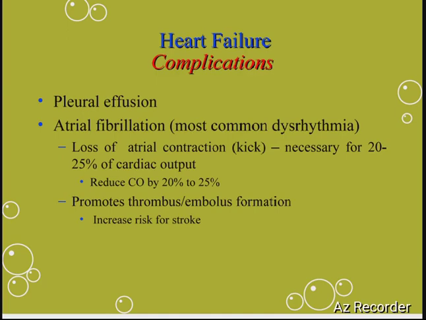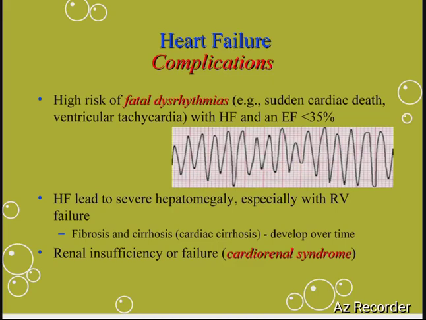atrial fibrillation. This is the most common dysrhythmia, with loss of the atrial kick, which is necessary for 20 to 25% of cardiac output; it reduces cardiac output by 20 to 25%, promotes thrombus or embolus formation, and increases the risk for stroke. There is also a high risk of fatal dysrhythmia, sudden cardiac death, and ventricular tachycardia with HF and an EF of less than